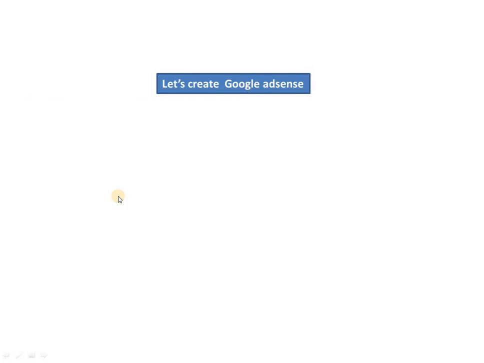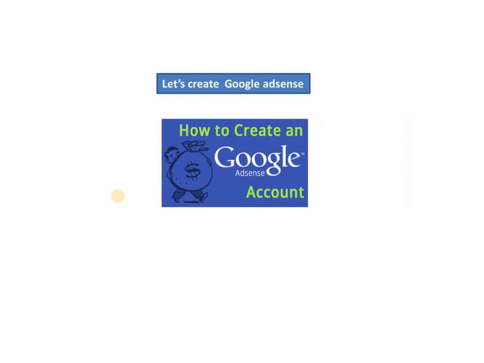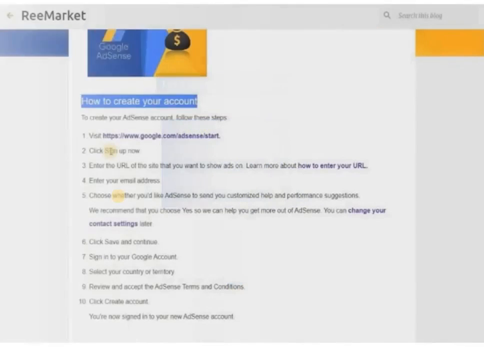In this lesson, we are going to learn how to create a Google AdSense account. It is very important to earn online. So here are some steps to follow. Yes, you have to visit this site